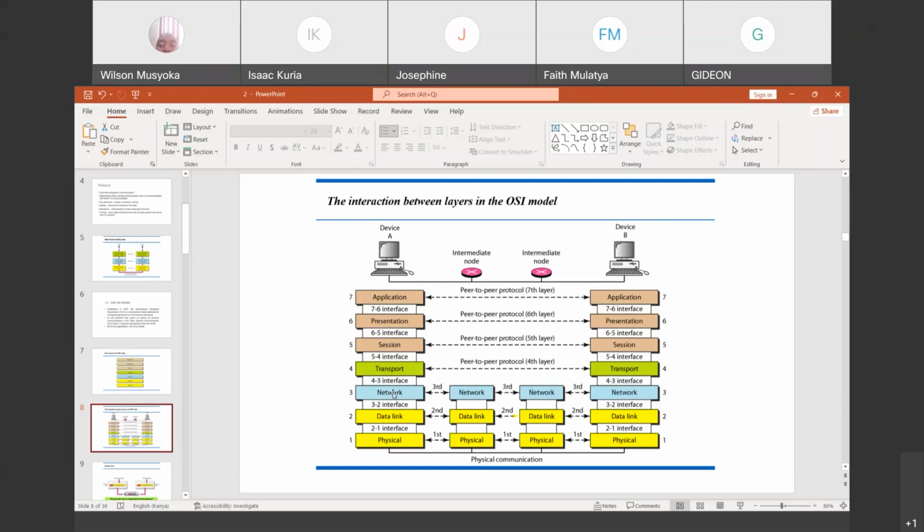That is also something else we shall be looking at just to see the different types of addresses that are normally used. We said that at this layer here at the top, we normally use what we call these 3 layers when they are combined in the TCP/IP model. They normally use what we call the normal addresses. Here we use the port addresses. Here we use logical addresses. Here we use the MAC address. So that is the different types of addresses. We shall look at them. So that is the interaction between the layers.